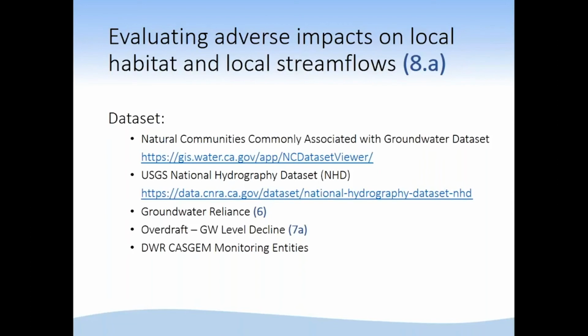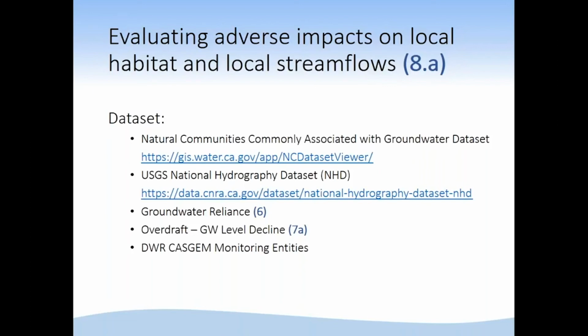Then we used the groundwater reliance information, which was the groundwater volume normalized on the acreage of the basin, so a groundwater acre-feet per acre value, as well as whether there is groundwater level decline in the basin, and whether monitoring is occurring. In most cases, the last two go hand in hand; there's got to be monitoring to know. But there are places where groundwater level declines are going on, but they don't submit data to SGMP.